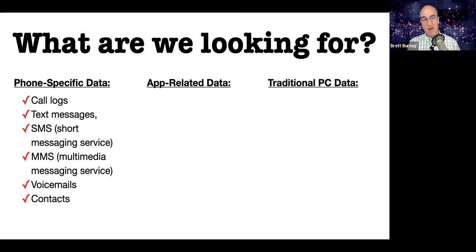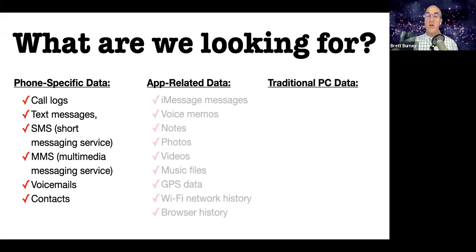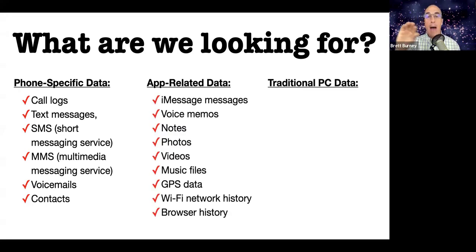This information, this list here, typically can only be found on the mobile device itself. In other words, there's no other option to find this information. We can't grab it from anywhere else. We have to go to the phone. Does that make sense? So when you compare that with the middle section now, the app-related data, typically this is